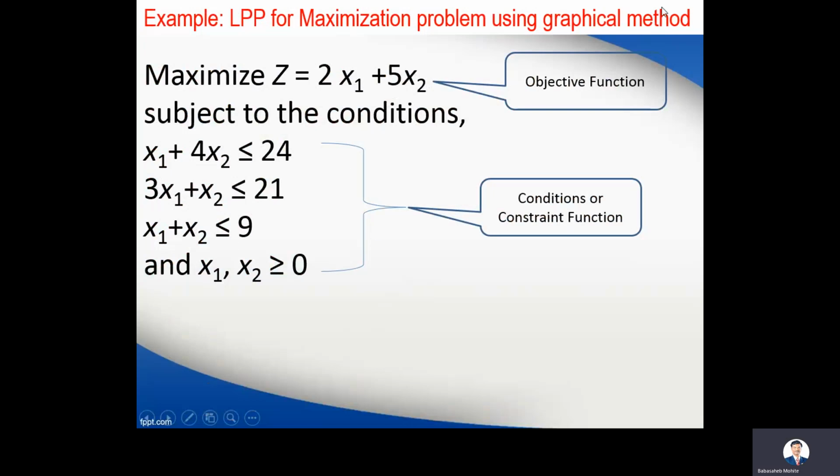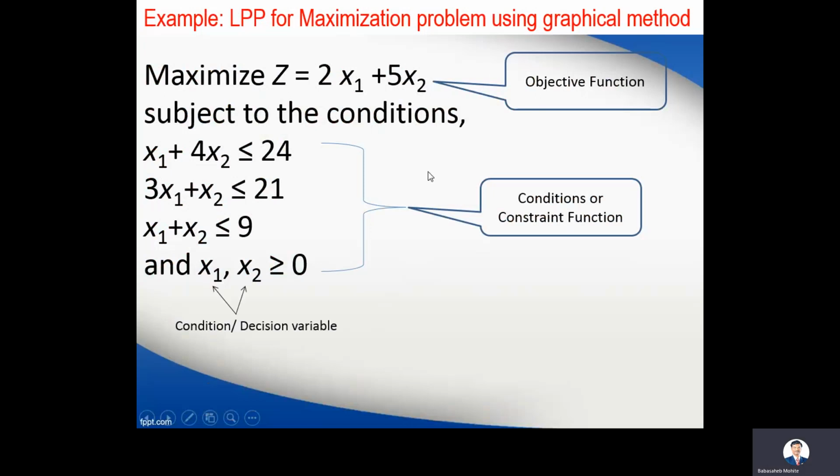To solve this problem using the graphical method, the first thing is that we have to check whether your objective function contains two decision variables or not. So here there are two variables, x1 and x2. So we can understand this example can be solved using the graphical method. If there are more than two variables, then at the beginning we can understand that this example cannot be solved using the graphical method, and you have to select another type of method to solve it. So the first thing is that we identified this example can be solved using the graphical method.